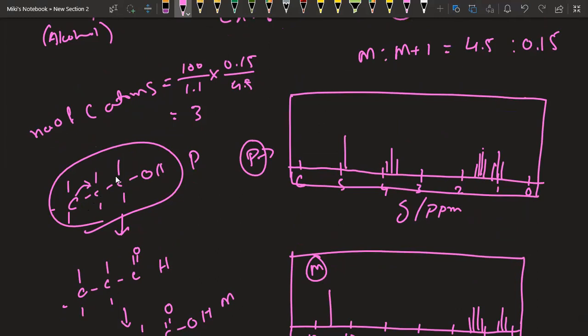Also, if this is this CH2, it has this CH2 as its neighbor. So this could be a possibility, it's a triplet. But see here, we have 2 triplets. That means, yes, we are on the right track. That means there should be 2 triplets, one for this carbon, another for this carbon. Like this carbon's neighbor is this triplet, okay? Now,